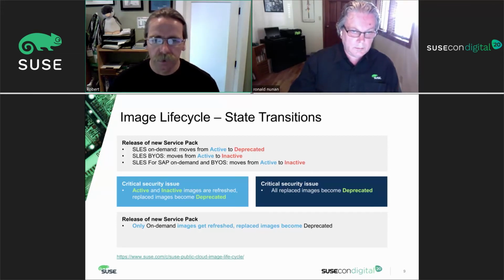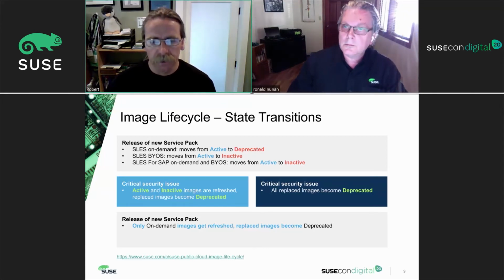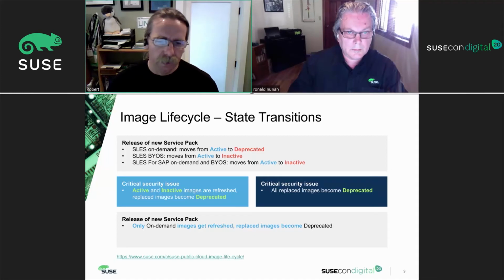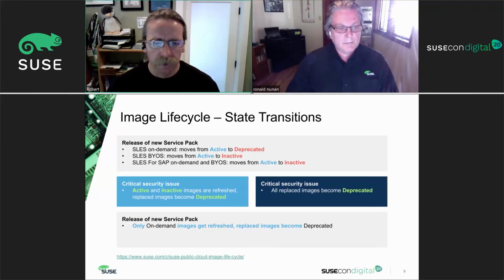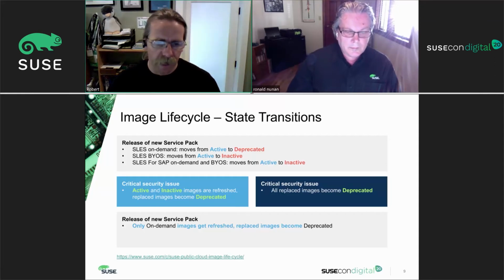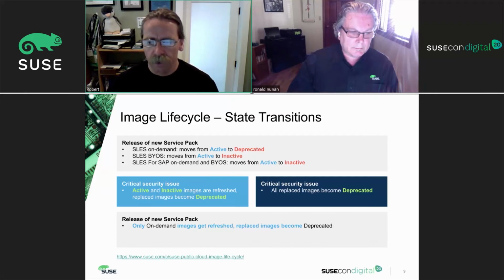And bug fixes are also only considered for active images. And then it would depend on the image type, be it on-demand or BYOS. So on-demand we're a little more diligent of going after and fixing issues, while BYOS, as long as it boots, you have full control, just like you do in the data center, and workarounds that may be needed are generally posted in bug reports that you have access to see, and of course you have access to support as a